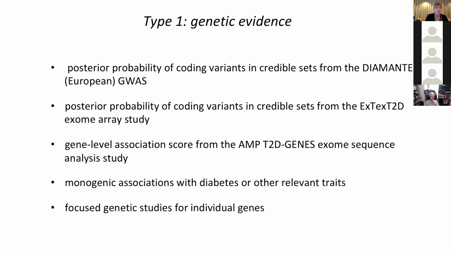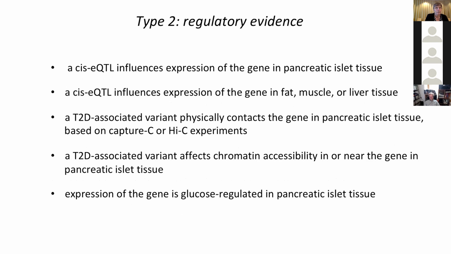They also looked to see whether monogenic mutations in genes could confer diabetes or related phenotypes. And they looked at the literature to see if there were any focused genetic studies that had been done for individual genes. For regulatory evidence, they looked to see whether cis-eQTLs had been found that influence expression of the gene,